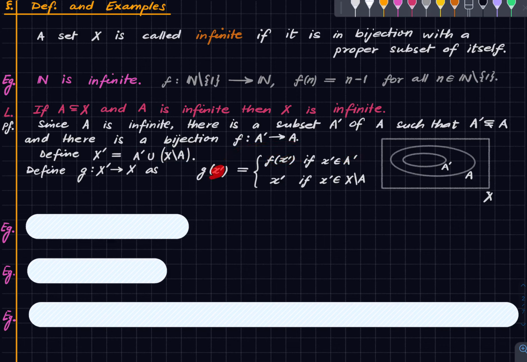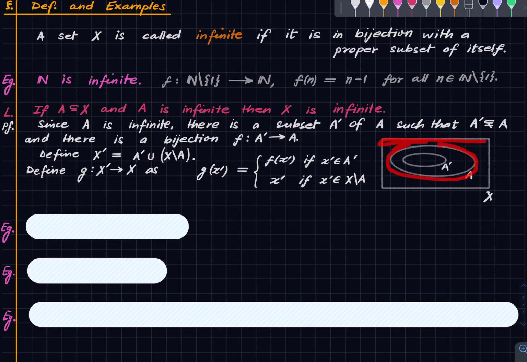And if the input is coming from outside of A, then leave it as such. So this may look convoluted, but all that is happening is if you have a point here, we will leave it here. But if we have a point here, we will use the function f to put it inside this larger set A. Now it should be pictorially or intuitively clear that G is a bijection because outside of the